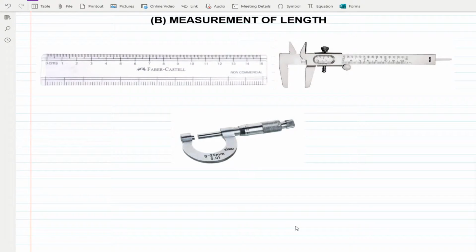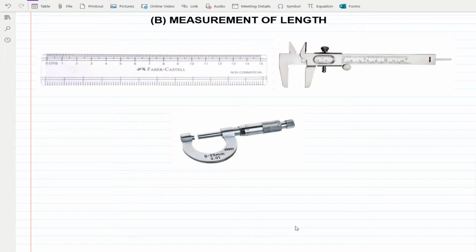In the previous class, we studied what measurement is. We also studied the fundamental physical quantities and the units in which those fundamental physical quantities are measured. Today, we will learn how to measure those physical quantities, and we will begin with the measurement of the